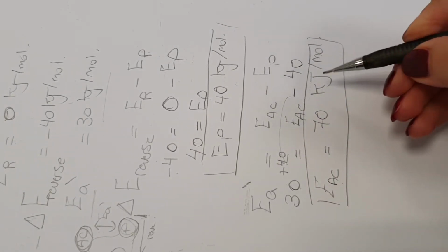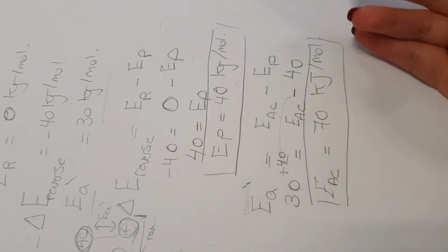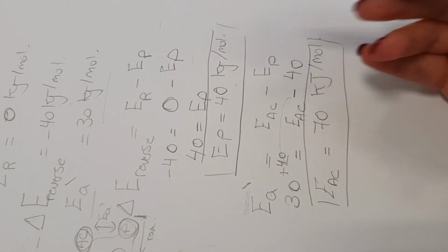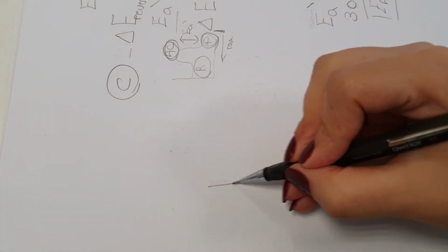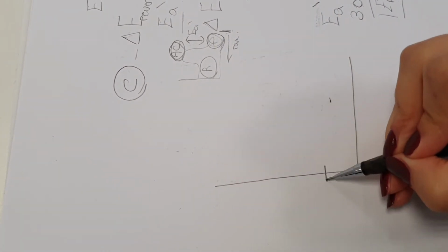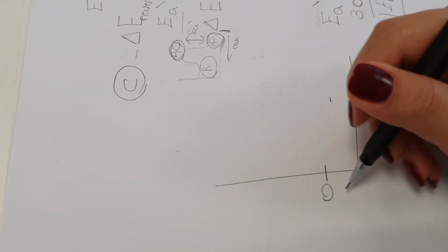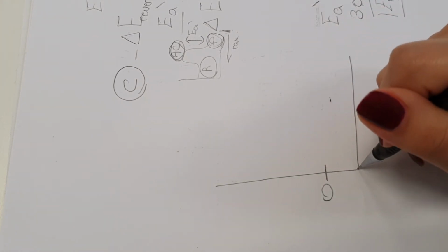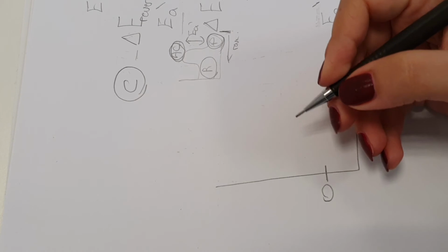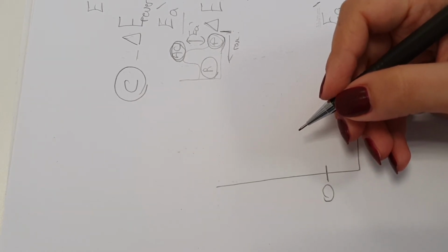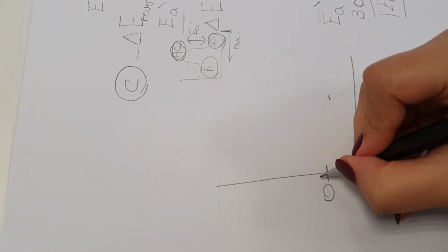Okay, now 70 and 40 and 0, so all of it is above 0. I can do it easily like that. This is my 0. It doesn't have to be here, so feel free to put it here or there according to your scale. And here,